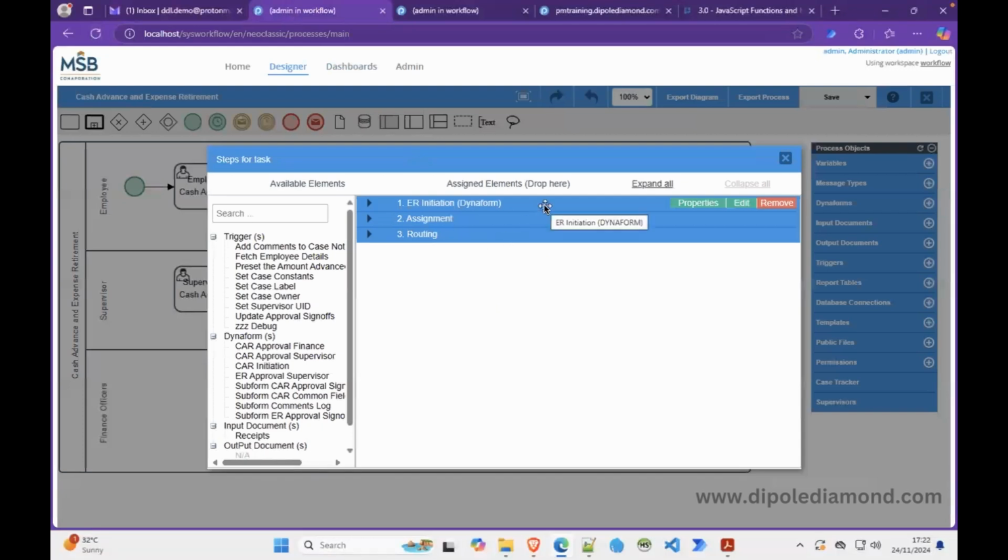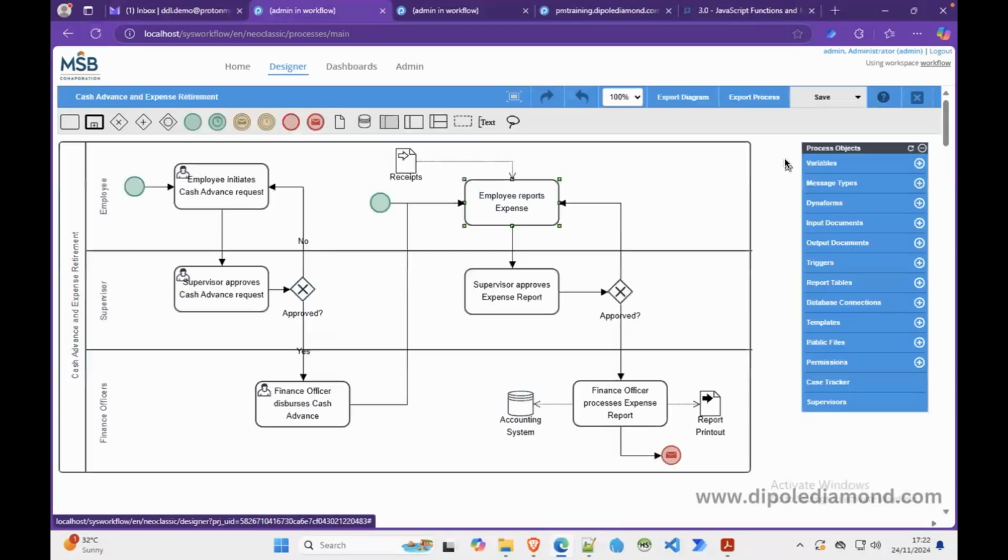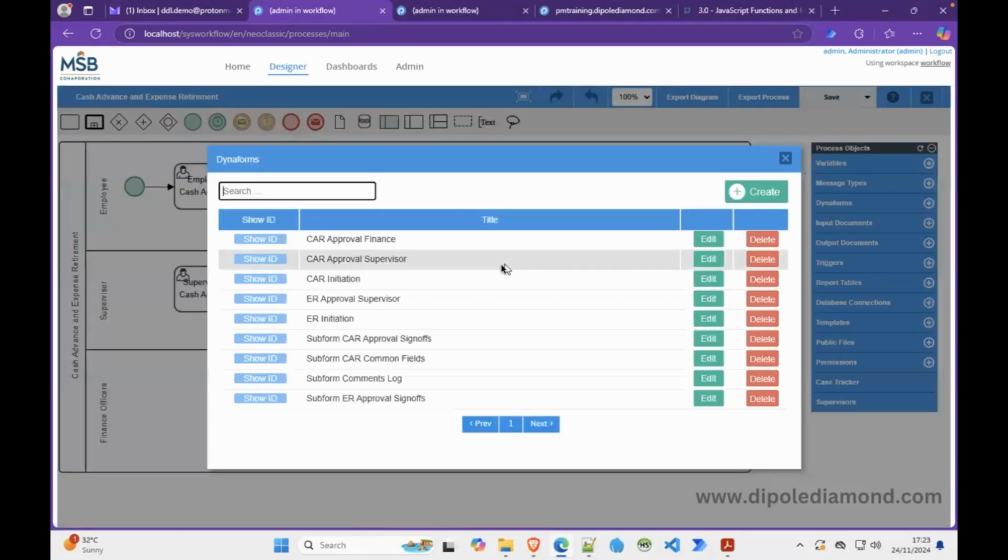So far, so good. We've been able to work on the supervisor approval task, and everything is working as it should. So next up, let's work on the finance officer processes expense report task. And for this again, we need a Dyna form, which we don't already have. So we would need